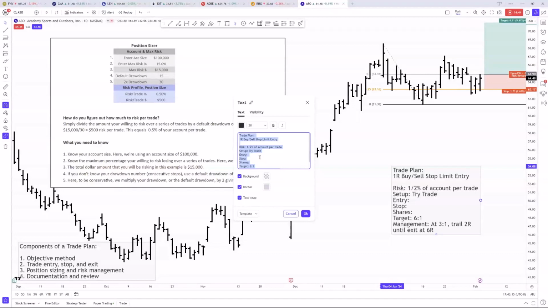So come over here. This is going to be a buy stop. So I have two types of entries. One was just a limit waiting to get hit, and one is to let the market take me in. This is going to be a buy stop limit order, meaning if it gaps above, I don't get filled, but I keep my limit order there waiting. If it hits the low before it triggers me in, the trade is canceled.